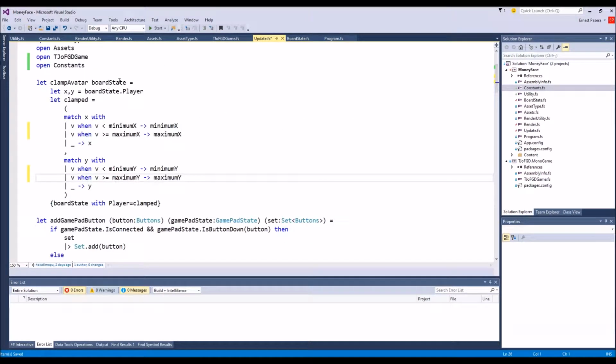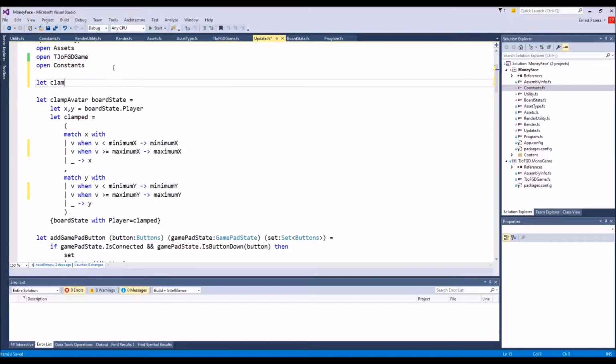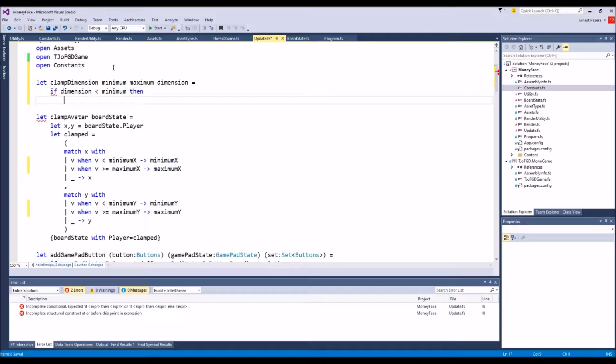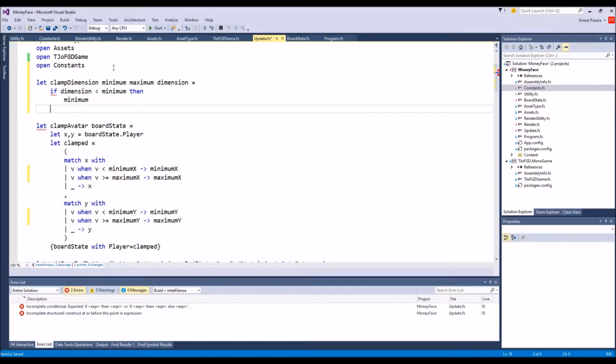So really, when I clamp avatar, I'm going to let clamp dimension, dimension maximum, so it's going to be minimum maximum dimension equal if dimension less than minimum, then minimum, else elif dimension greater than, no, just greater than maximum, then maximum,